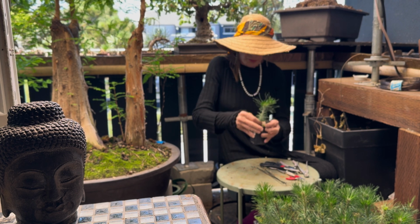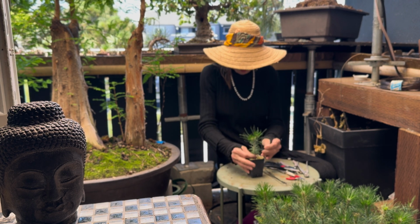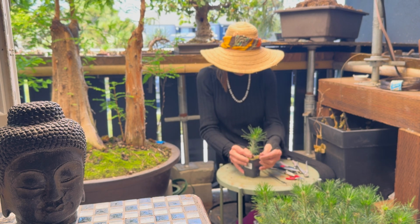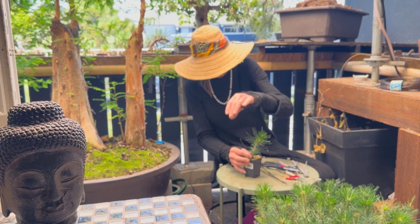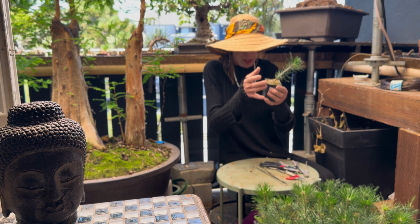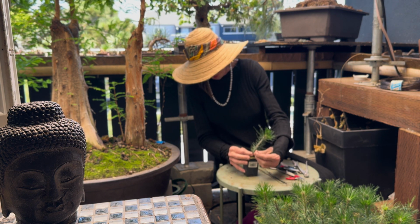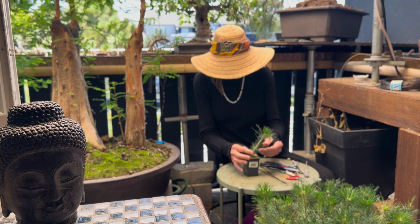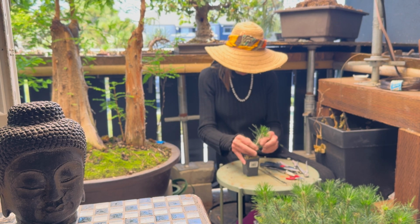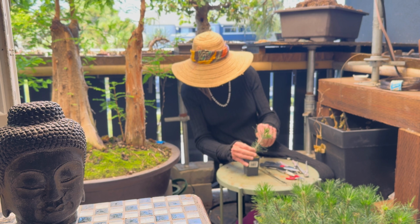These are some very healthy looking little Japanese black pines. This one is starting to look a little woody already in the trunk, but I'm not worried about it. Also, this is aluminum wire, and the idea is,